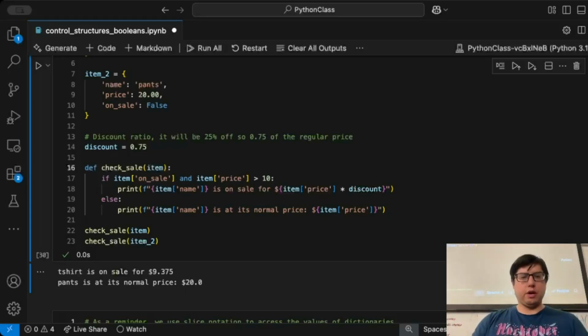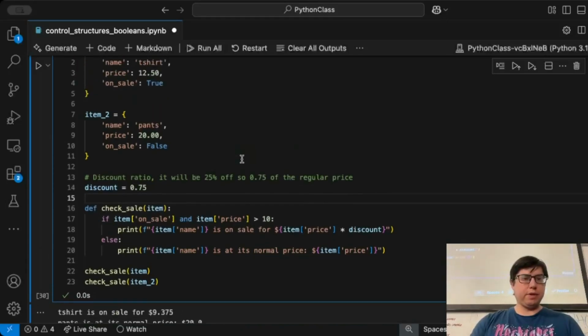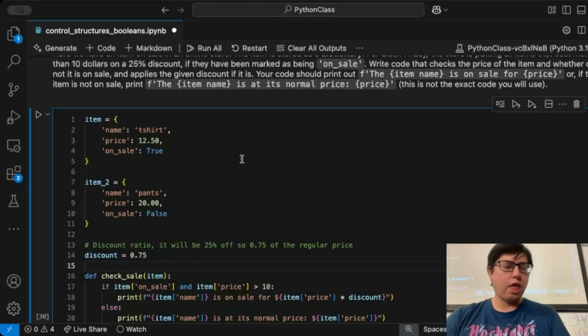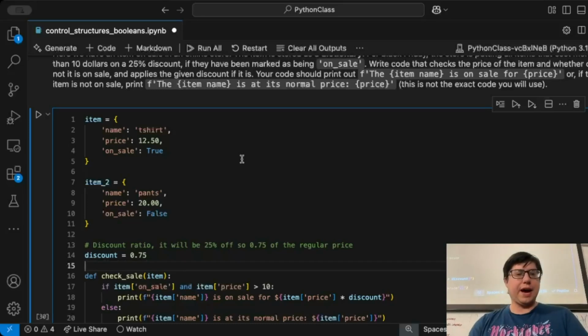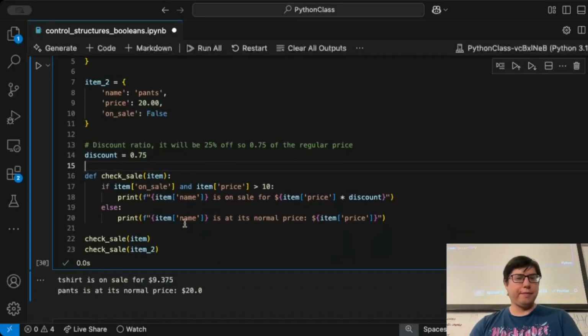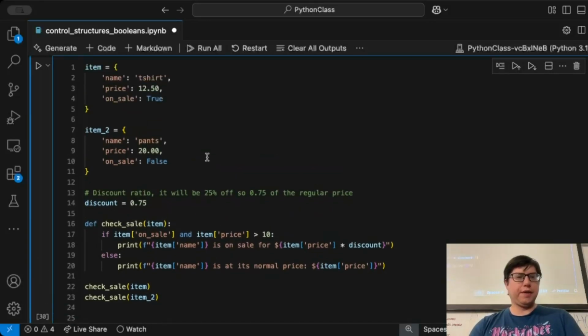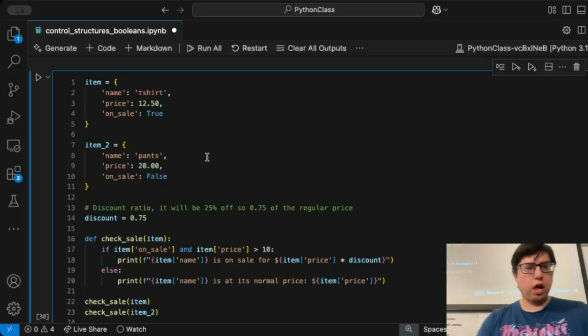Okay, so let's come up with a new exercise. Actually, let's come up with a new exercise using the same data. So let's say we've got this t-shirt and these pants. What do we want to do? We want to say like, okay, so we want to say like,